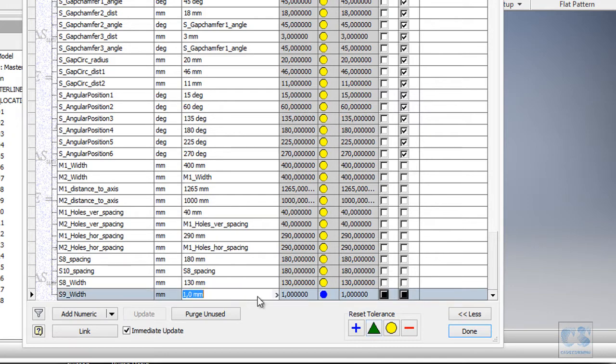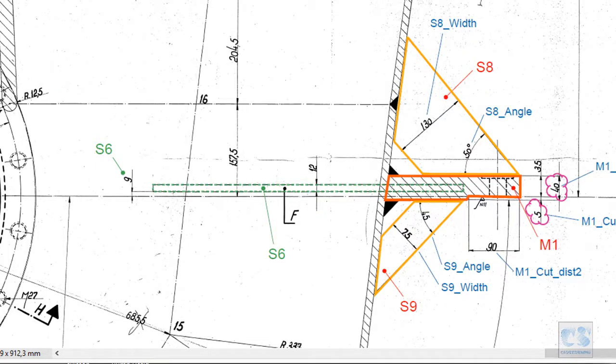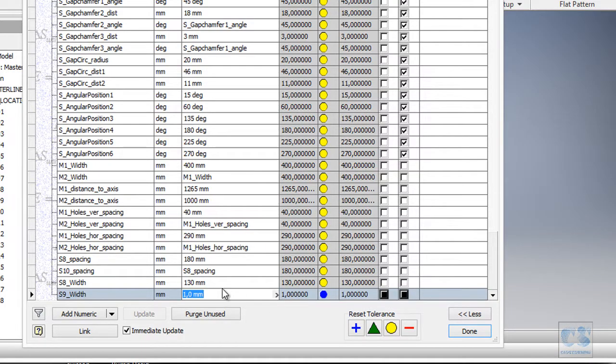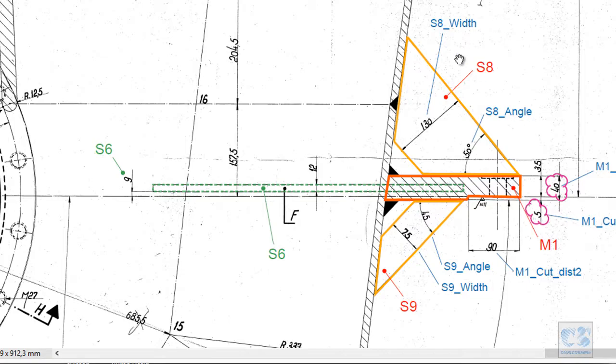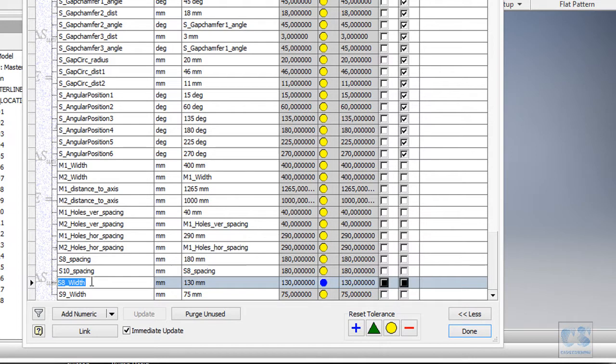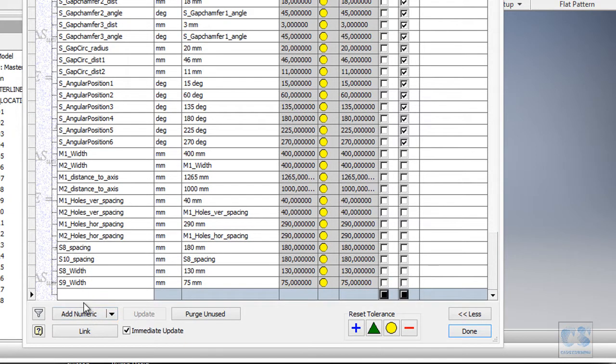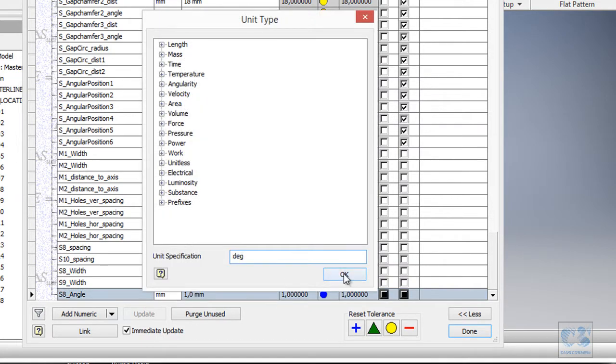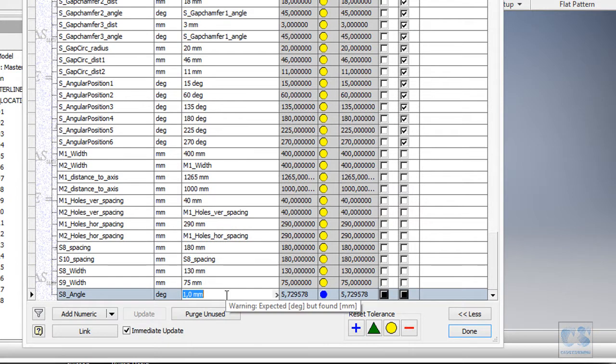S9 width, which this time is 75, and now we need the angle which is 50 degrees. So this angle, and we want decrease, which is 15. Enter.